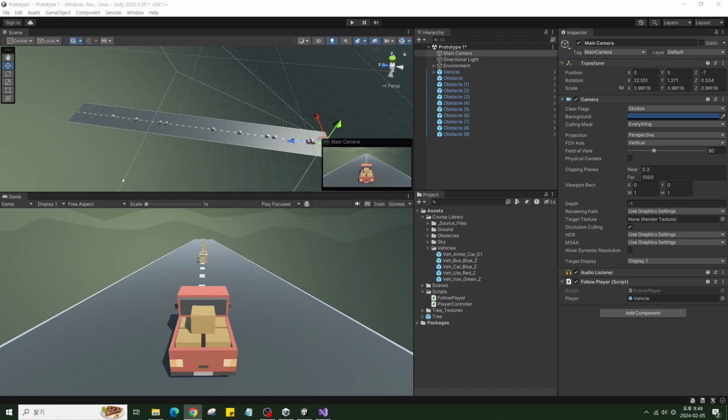So our game is in a pretty good place now. We have our camera that follows behind the player and it's offset. So that's some cool functionality that we've added. We've also gained a lot more programming knowledge. In our follow player script, we learned how to use our first public variable, in this case, so that we can actually attach a reference to our player in Unity. We learned that variables also don't have to just be numbers. They can be game objects, or they can be vector 3s, they can be of whatever type they want, as long as you make sure that you assign the same thing to the type of variable that you had. So we have a vector 3 offset, and we assigned it to a vector 3. We learned about the difference between access modifiers, like the public and the private keyword, so that we're able to